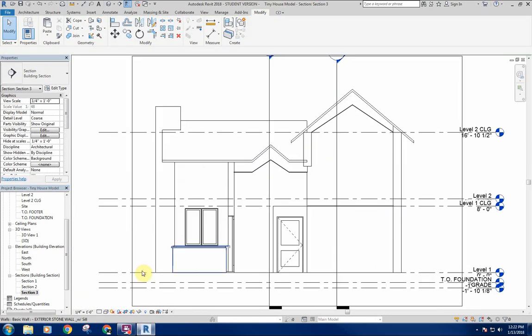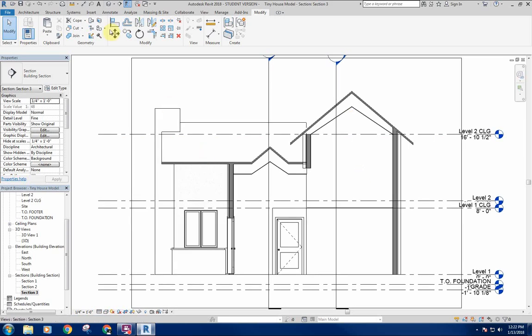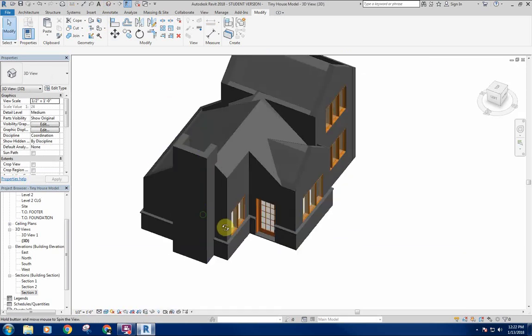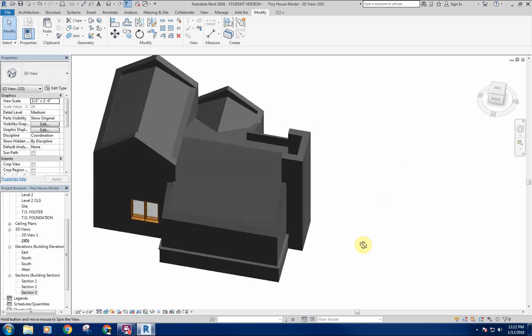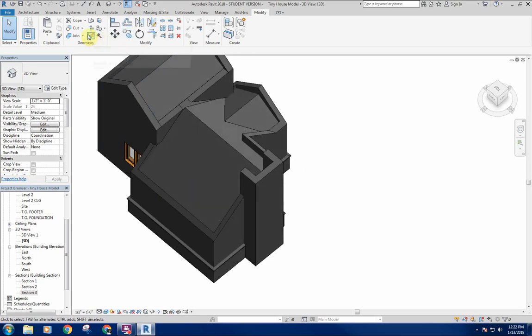So that looks like it's come together pretty well. As far as ceilings and roofs, it looks like we're in pretty good shape, at least to start with. We can see our ceilings sitting down in here. One thing I will want to do is go through and join all of this. So if I go ahead and join